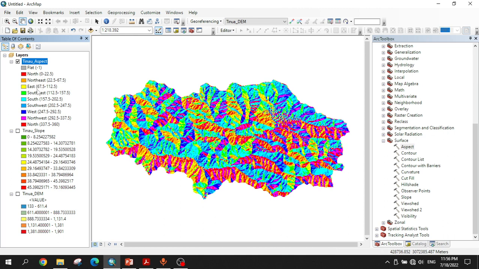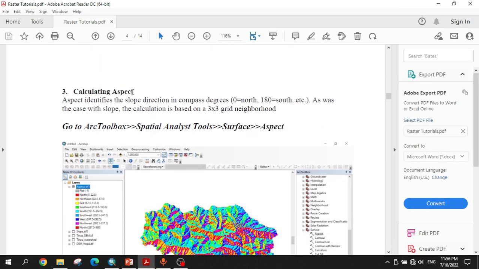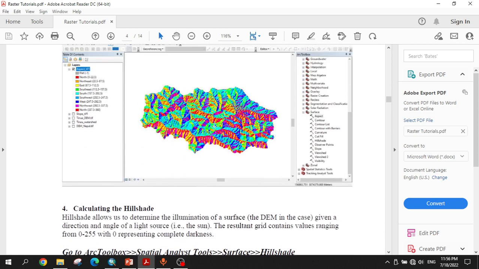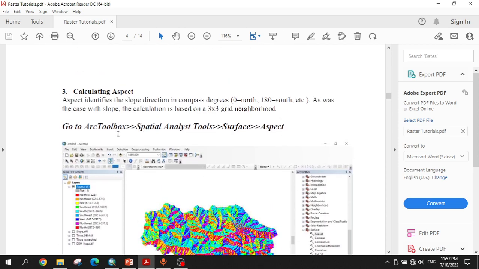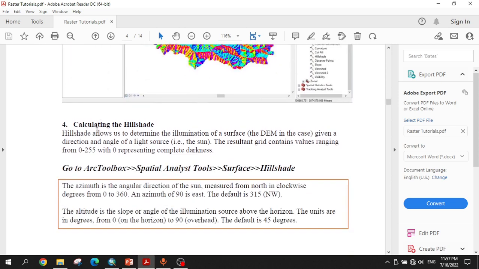Likewise others denote the southwest, south, southwest, west, northwest, north. So in this way we have calculated the aspect, that is 0 means north and 180 degree means south. So after completing this, we are going to calculate